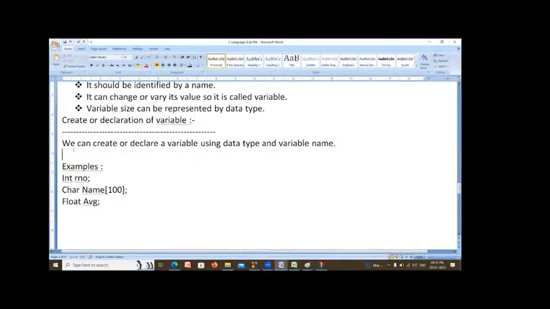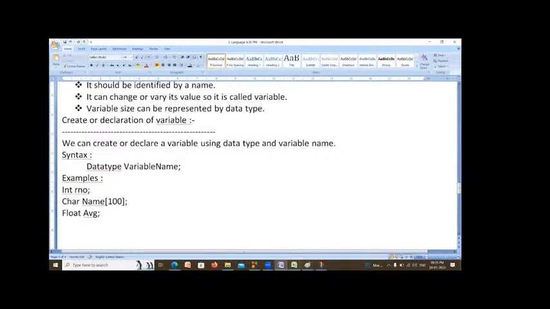Now syntax means how to write. First of all, what you need to specify? Integer. What is the integer? Integer is nothing but a data type. First you need to specify the data type. Then what is roll number? Roll number is nothing but the variable name. What name you want to keep for that variable? Variable name you need to specify.